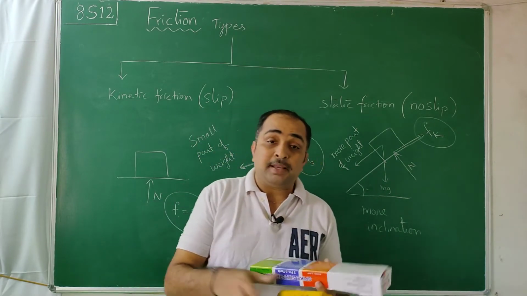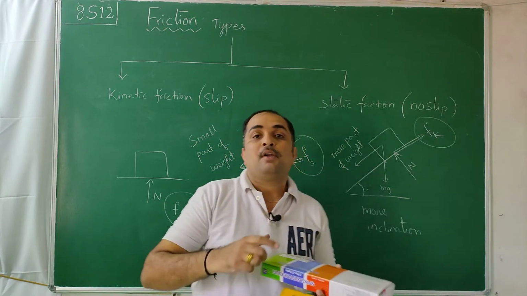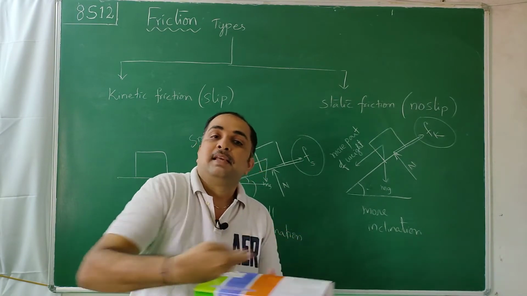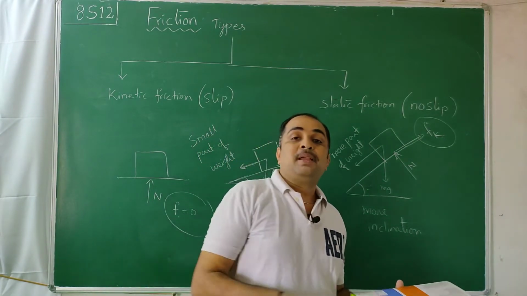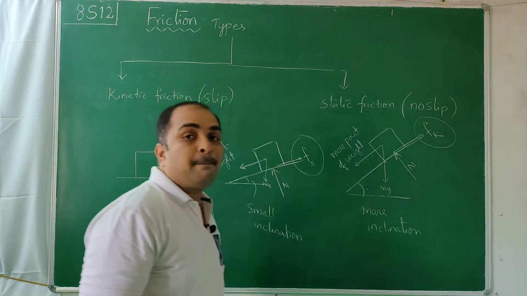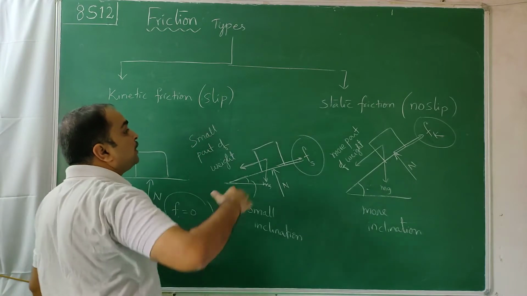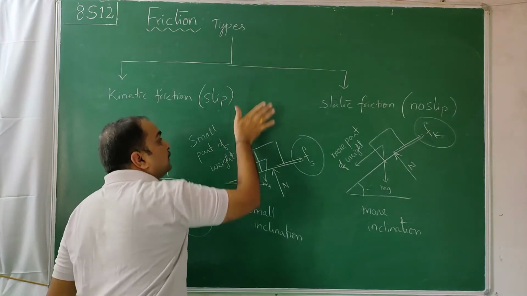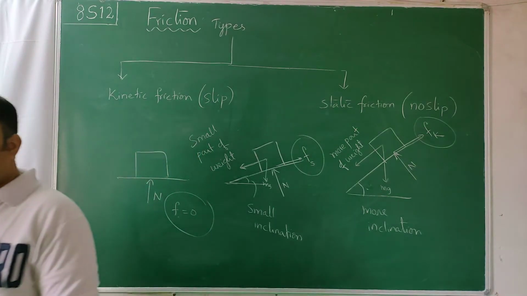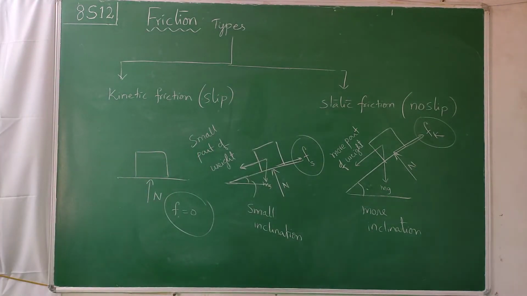When I keep it like this, no friction; then static friction; then kinetic friction. All these things you have to think in terms of this. I told you, when you have a potato and you peel it, tangential force is to be imagined. You are not supposed to imagine a normal force. You have to imagine a force tangential, parallel to the surface. This kind of force is normal force. This kind of slippage leads to frictional force. These are the types of friction.